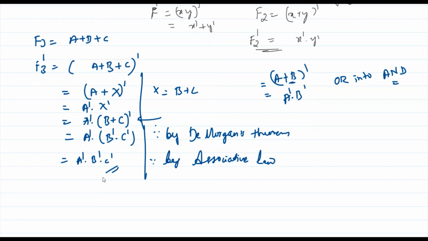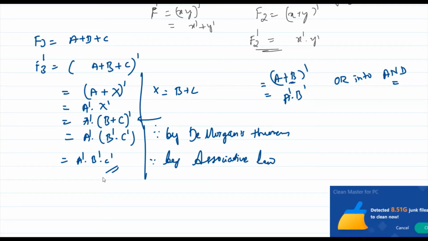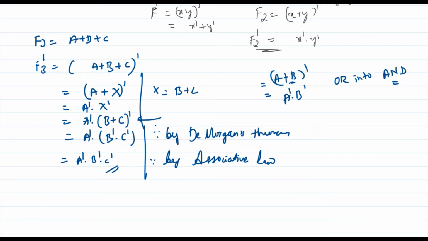Here, the generalized form of De Morgan's theorem states that the complement of a function is obtained by interchanging AND and OR operators and complementing the literals. You can write it if you want. This is done by interchanging AND with OR, OR with AND, and complementing literals. That is De Morgan's theorem. Okay. Some examples I would like to take now to explain this complementation.